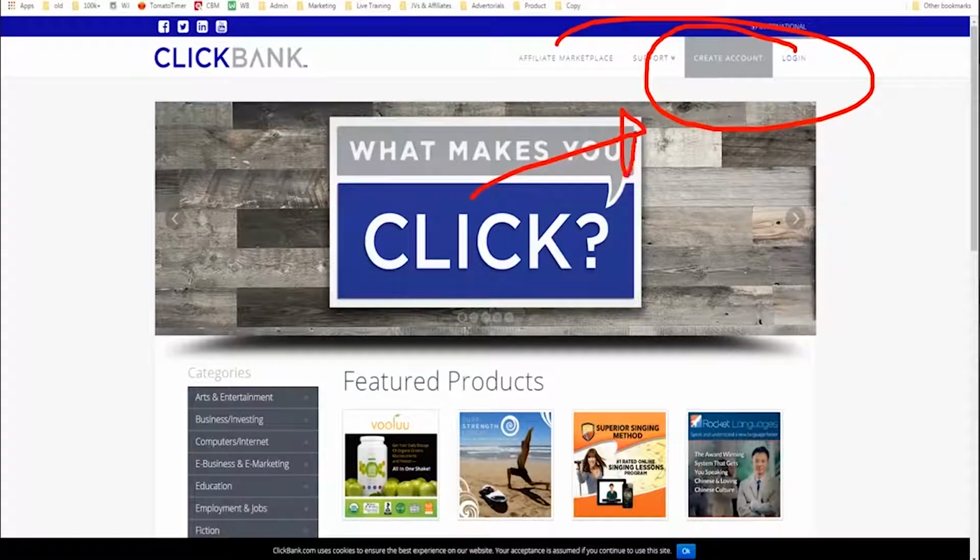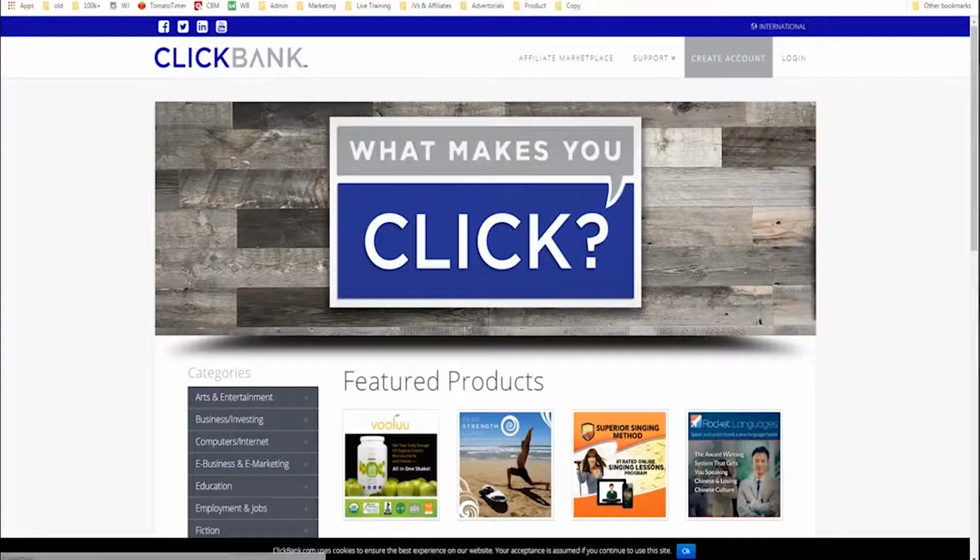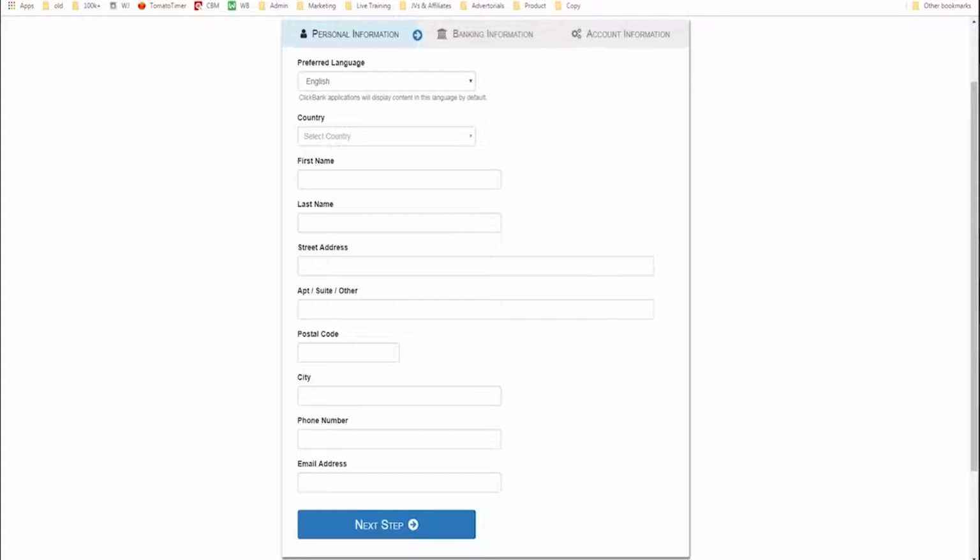But what you have to do is you have to sign up. So first thing you do is you create an account. And it will ask you for some personal information. It'll ask you your address and all your bank account information, because that's what it needs to actually pay you